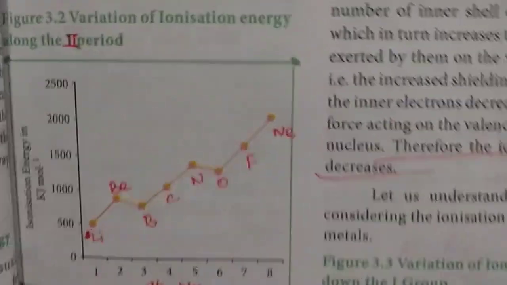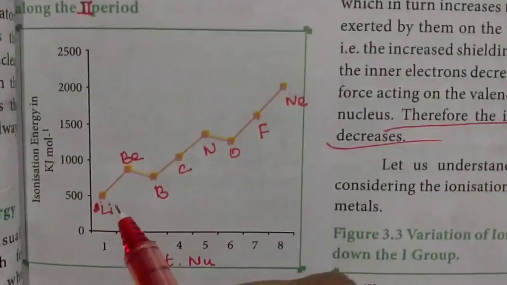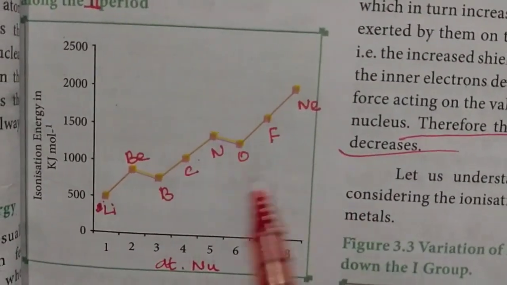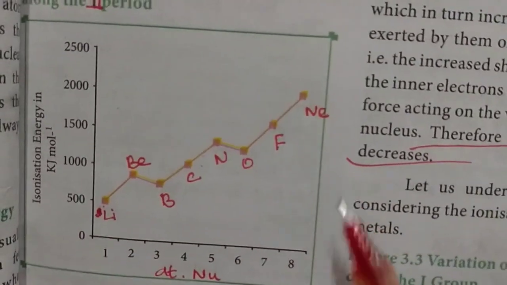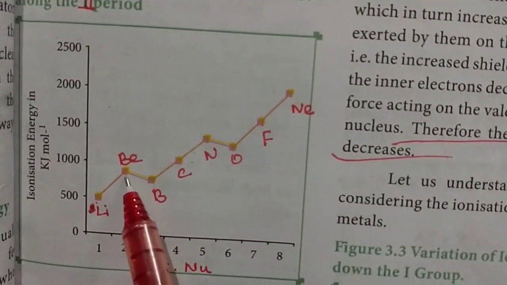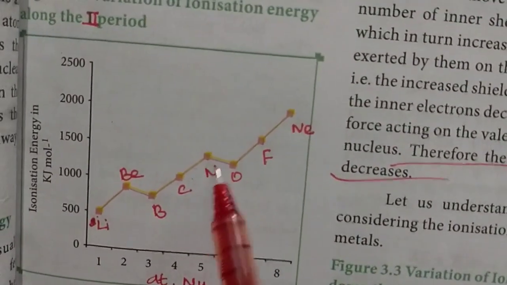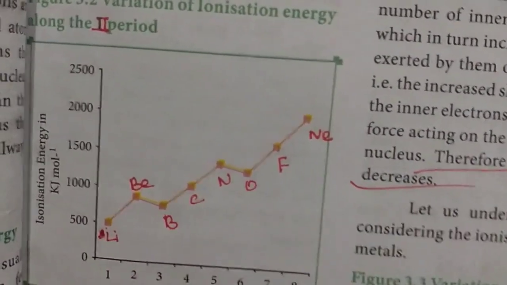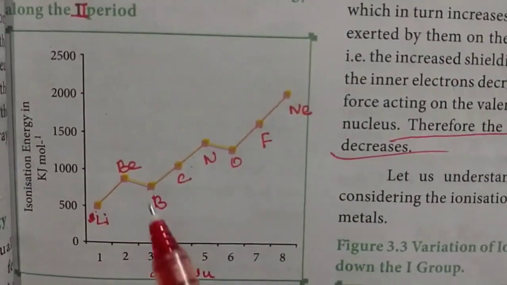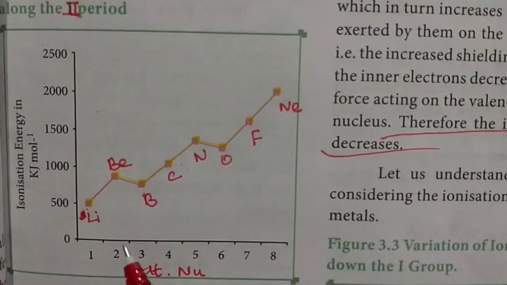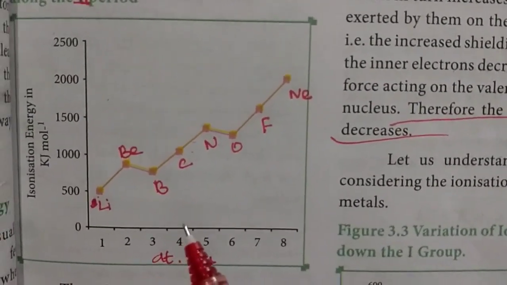Okay, now take this from the ionization energy concept. If you move from left to right, generally it may increase. Okay, it increases, but in this case we have some deviation. You can see this deviation: beryllium and nitrogen have some deviation, and neon also. Okay, they are not in a straight line. Why do they show some deviation in the plot of atomic number and ionization energy? Because of the electron which is filling in the orbital,